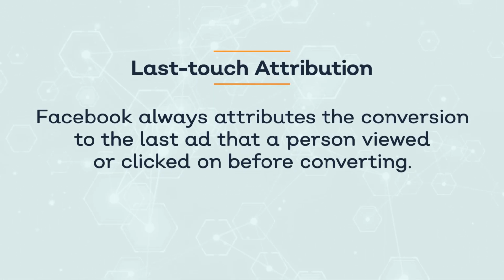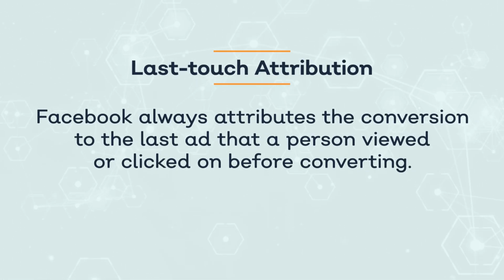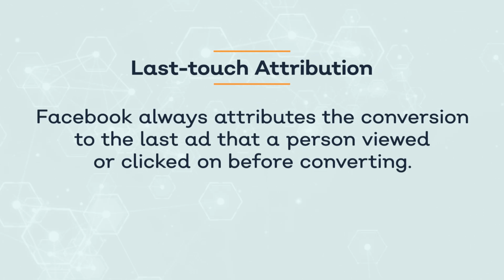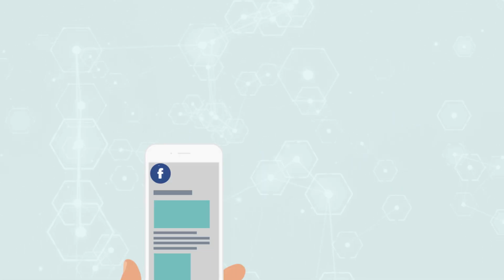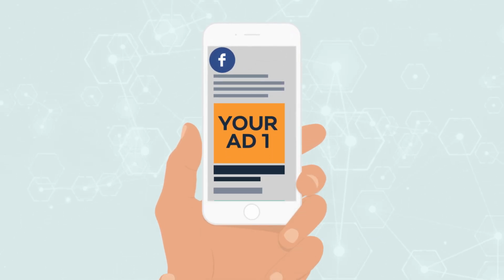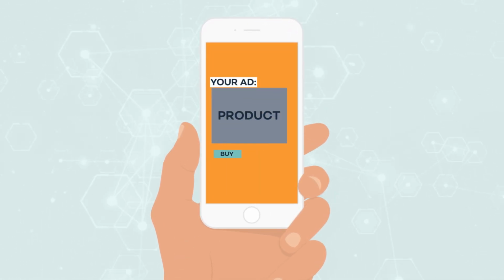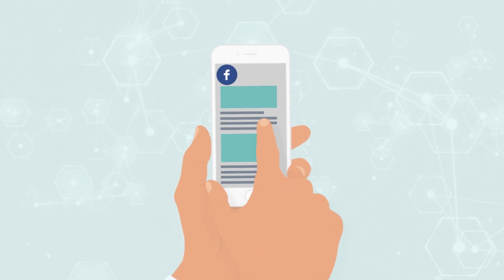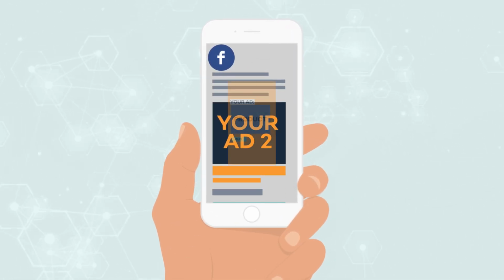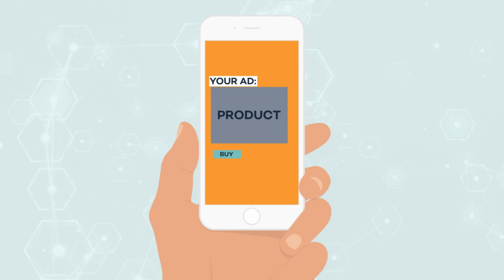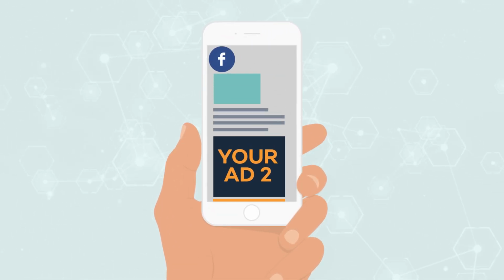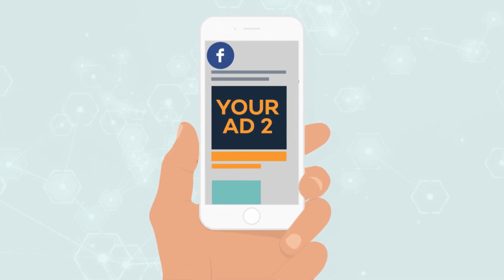Now, the last thing to mention here is that Facebook uses what's called last touch attribution. This is really important because what it means is Facebook always attributes the conversion to the last touch, meaning the ad that they last interacted with. So let's say somebody clicks one of my ads, they go look at the product, they don't buy, then later in the afternoon they see a different ad, they click that ad and then they buy. Well, the last ad they clicked on is the one that is going to be attributed to the sale. That's really important to note.